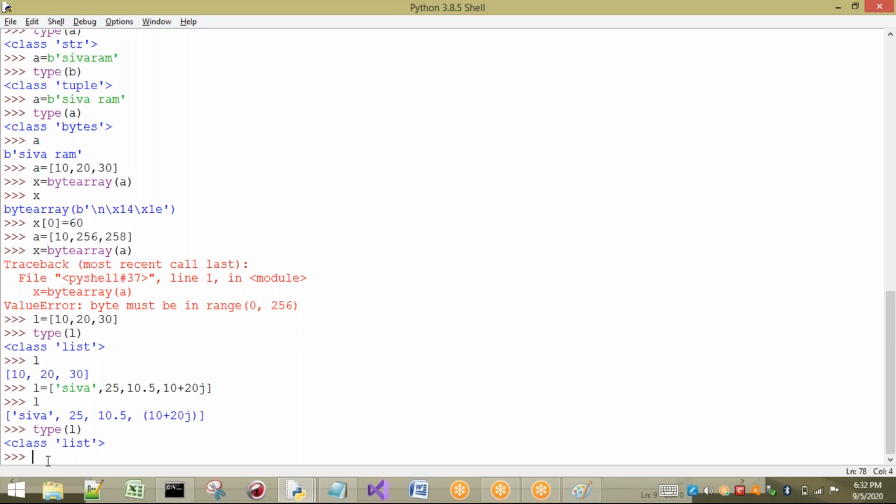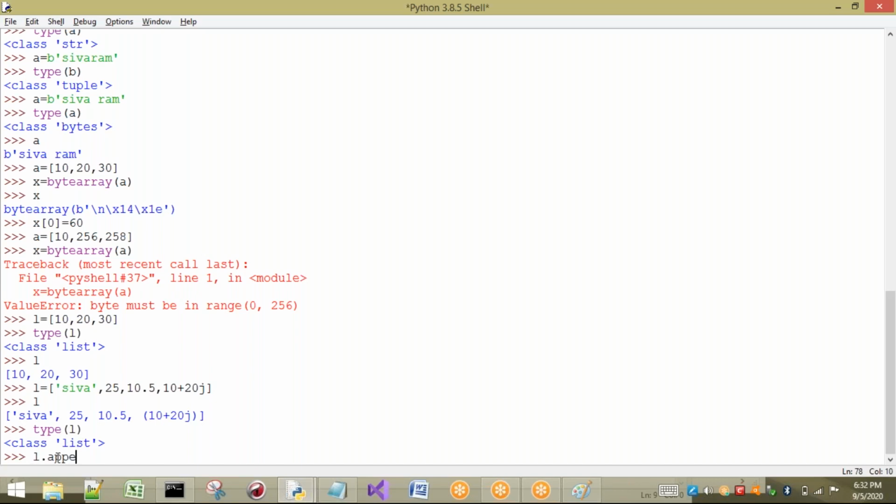Here let us see, our list is mutable. Mutable means which can be changed. Okay, sorry, the values can be inserted, not changed. The values can be inserted here additionally. That means here you can see only some values are there here. Now I want to insert some more values to this one. Here how many? 1 2 3 4 values are there. I want to insert 2 more values for this list.